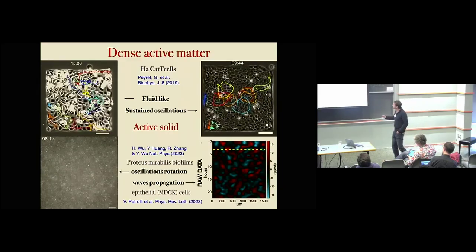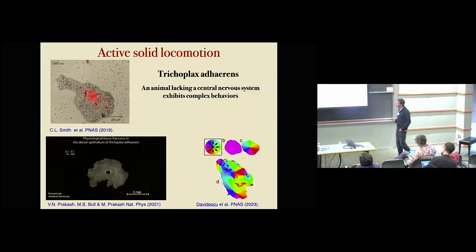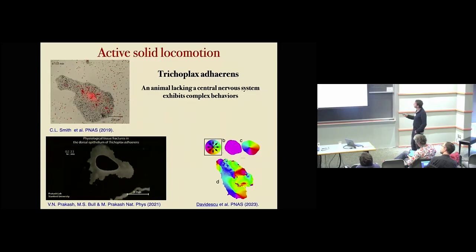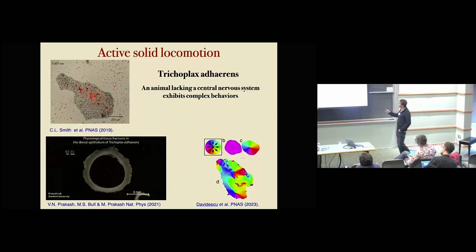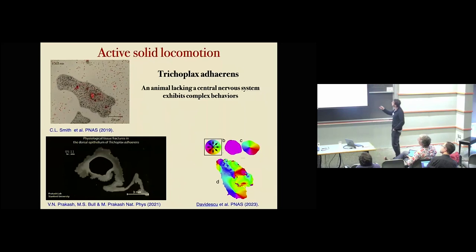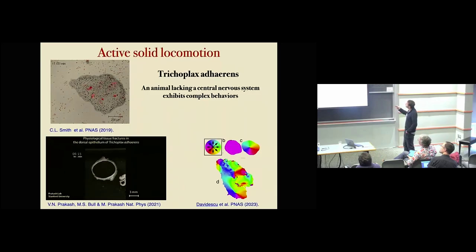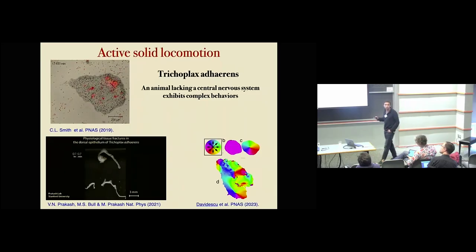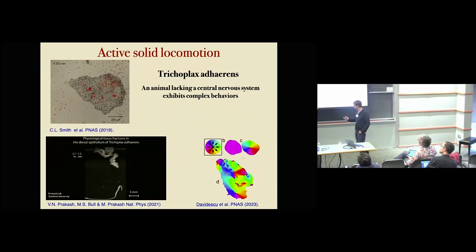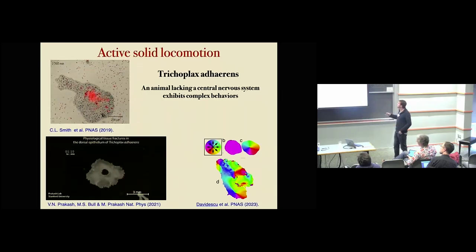Along with this, there is another kind of phenomenon that we also observe, and Corentin showed us a bit of it, which is the locomotion of this active solid. In particular, I want to talk about this very simple and beautiful animal, Trichoplax adhaerens, which lacks a central nervous system but is still able to develop very complex behavior. In this system, each cell tries to crawl, and when we put all of them together, they find a way